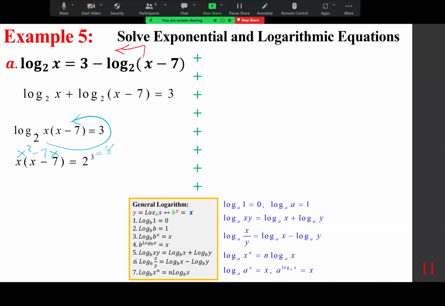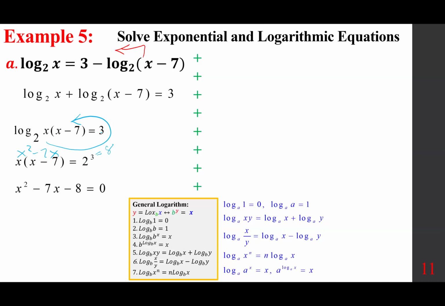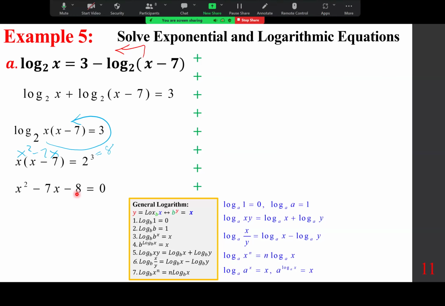This is 8. We move it to the left in order to bring everything to the same side for the sake of factoring. So we want two numbers. The product is -8. The sum is -7. So -8 and +1. They result in two answers. x is either 8